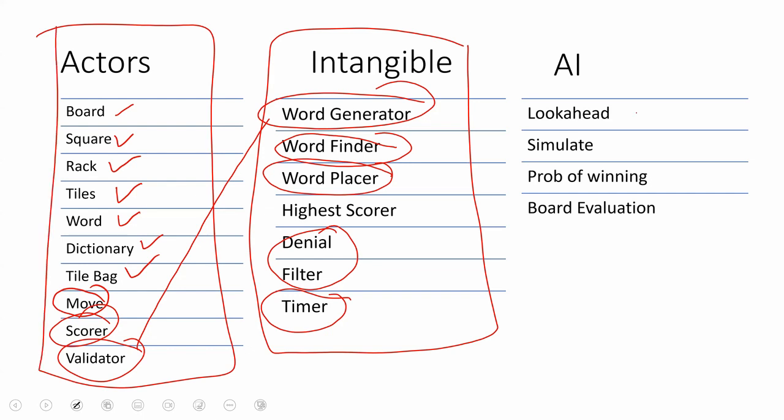Then there is the AI. How does the AI work? The AI works by looking ahead in the game. And we talk about what does look ahead mean. It works by simulating the game. It looks at the probability of winning. It looks at the board and tries to evaluate, okay, how does a word or a move change the state of the game, right? These are some really important and interesting questions that you want the AI to address and answer. तो हमने कैरेक्टर तो आइडेंटिफाई कर लिया, but इसका बिहेवियर क्या होगा? बिहेवियर is, how would this evaluate, how would it actually evaluate and figure out how to use this and how to work with this.